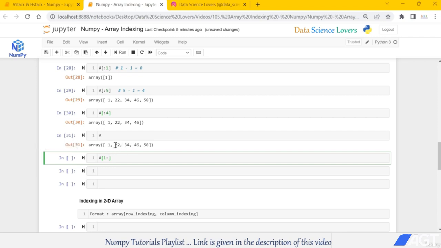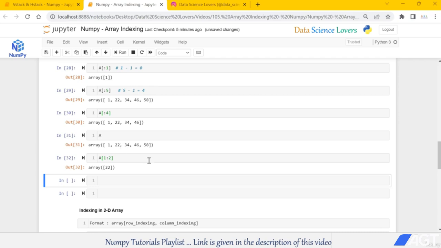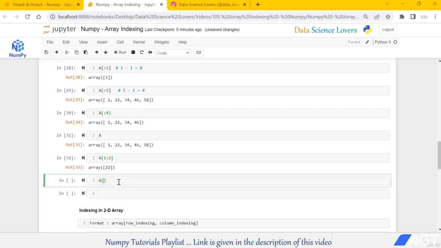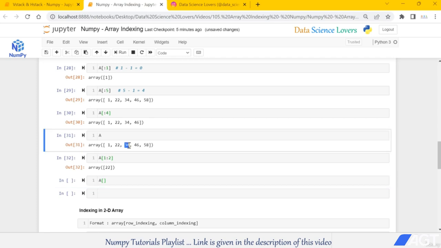Okay, so we have to pass index number 2 here. When I run this, it will give the output 22. Similarly, when I want the output 34 and 46, so we have to start from this 0, 1, 2, from second index